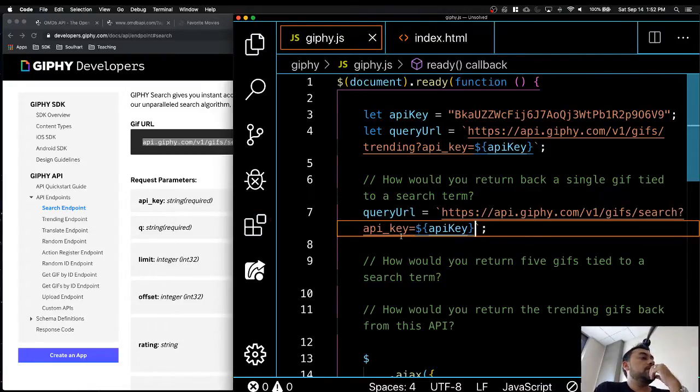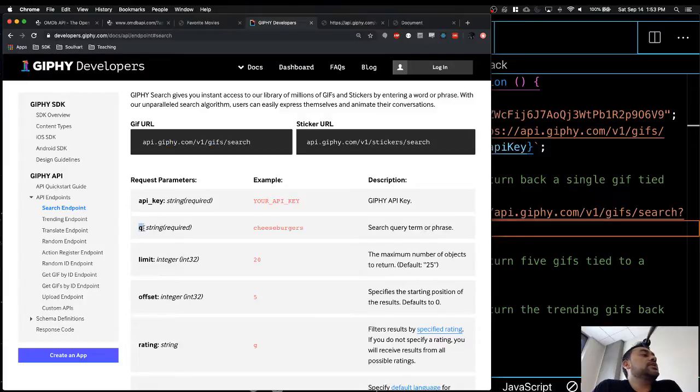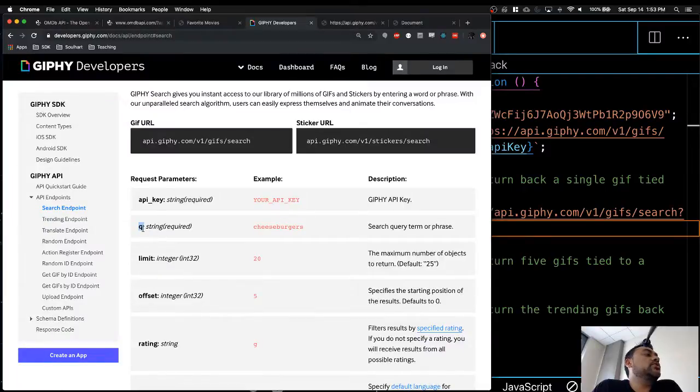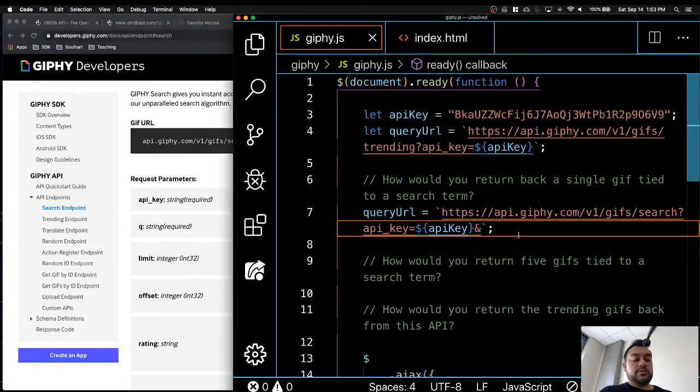Okay. So this is still the same. The only difference is search, because they're saying it's a search API. And then I need to add the search term. So instead of, remember in OMDB it was T for title, they are using Q. And then with the Q you can pass in any search term. So basically you are saying Q is equal to,